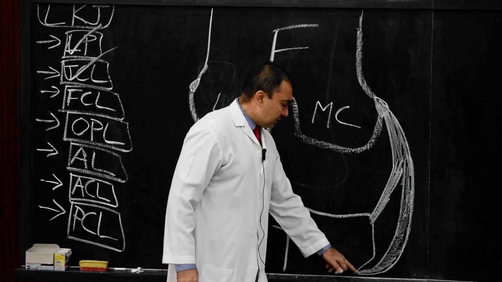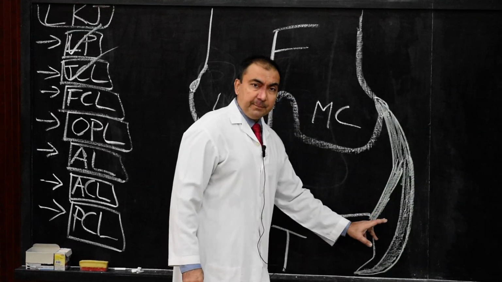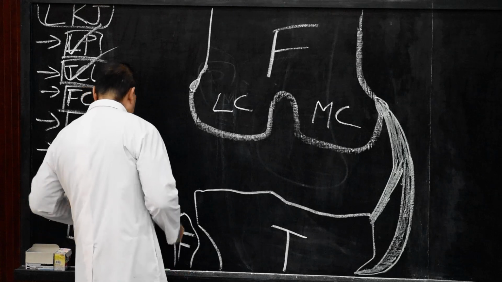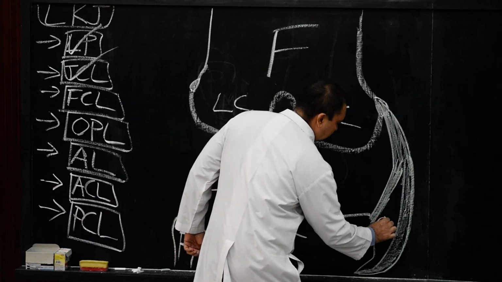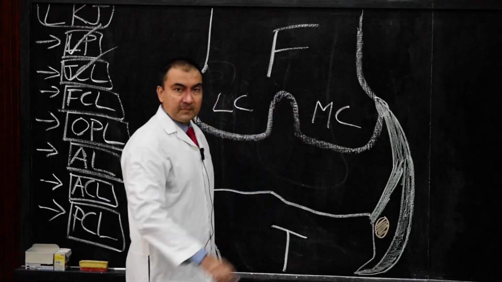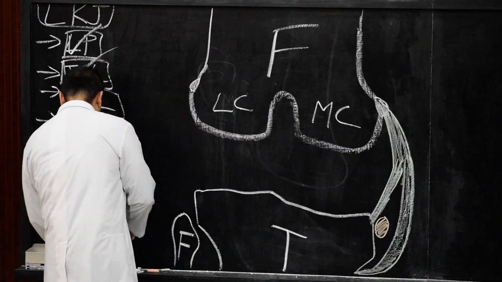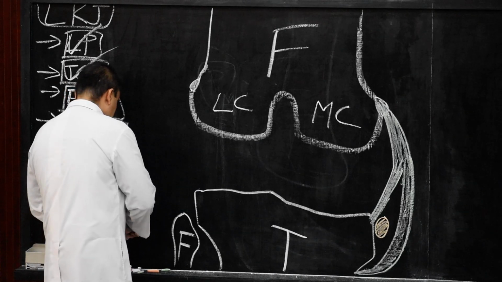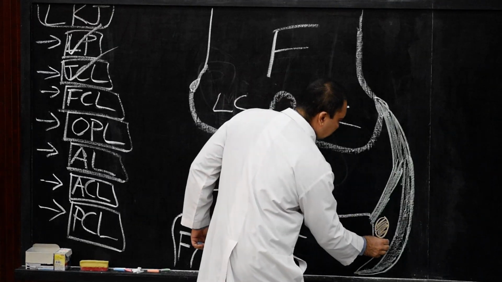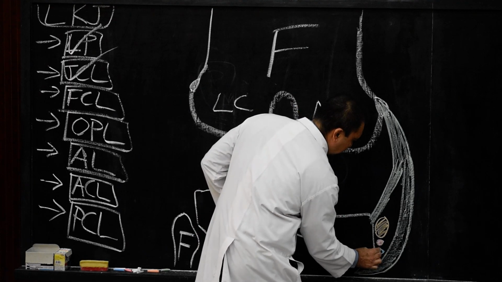The superficial slip is going down to the upper part of the medial border of the tibia. So there is a gap between the superficial and deep part, and in this gap there will be presence of semimembranosus muscle. Here we show in cross section, this will be the semimembranosus muscle in between the superficial and deep slip of tibial collateral ligament, and also there will be presence of artery and vein. So there will be presence of inferior medial genicular vessels.